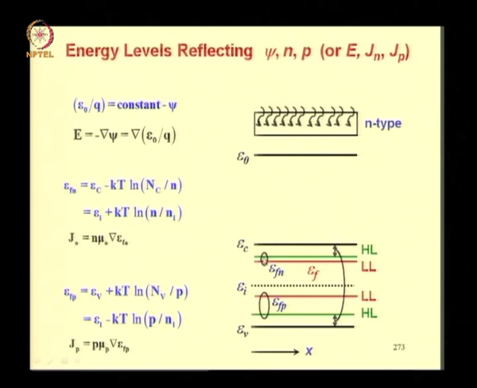So in this case, for example, EFN and EFP both are flat, which means that electron current is 0 and hole current is 0. This is expected because electron and hole concentrations are uniform throughout the volume, therefore there cannot be any diffusion current, and there is no electric field within the semiconductor because it is uniform and no external electric field is applied, therefore drift current also is 0. So that is how Jn and Jp are 0. We can derive the information directly from the slope of EFN and EFP. The electric field is obtained from the slope of E naught.